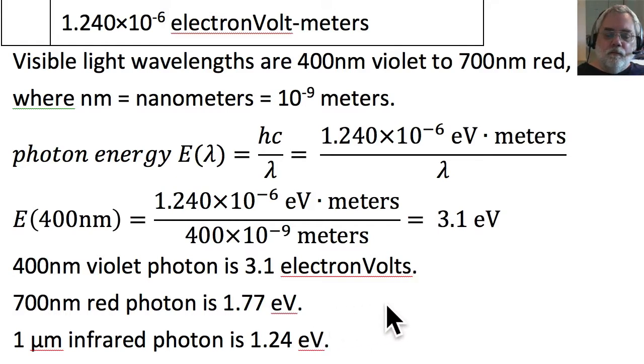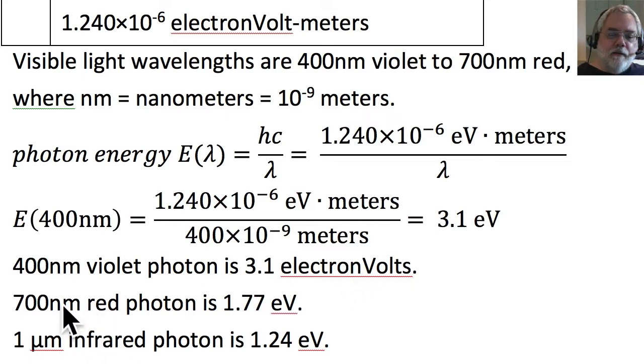Now, it turns out that the energy levels for electrons in atoms are on the order of this scale also. They could be less than an electron volt, they could be 1 to 2 electron volts, they could be 13 electron volts, but they're in this range. So we don't have to keep around powers of 10 for these photons or those energy levels of electrons in atoms, which is why electron volt is a good unit for that.